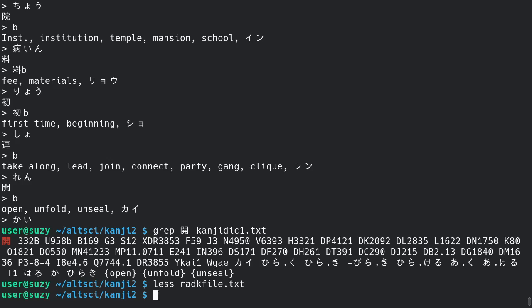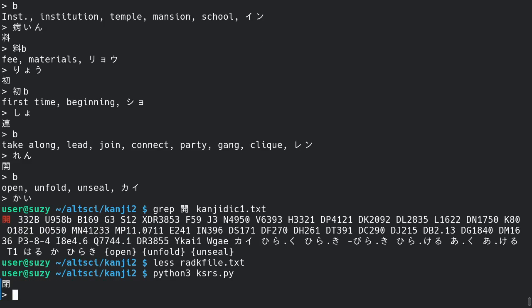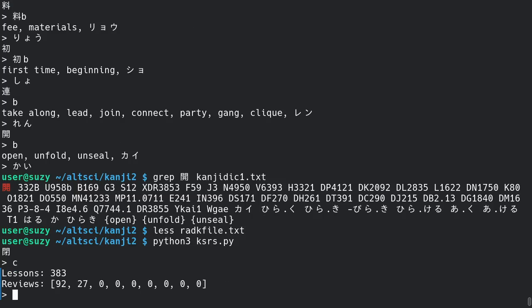And if we just run this, we can see it tells me that I have 383 lessons, not counting Korean, finishing those, since those are long-term goals, not short-term goals. Then 92 lessons in